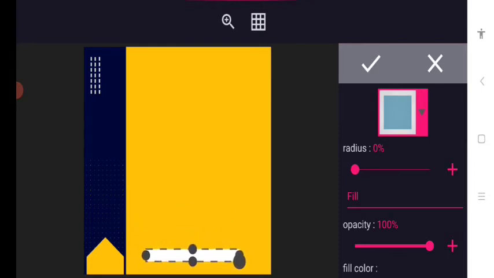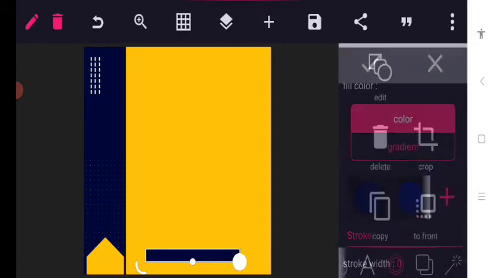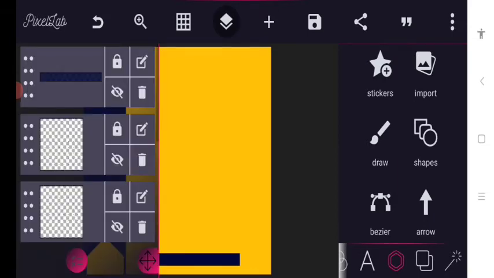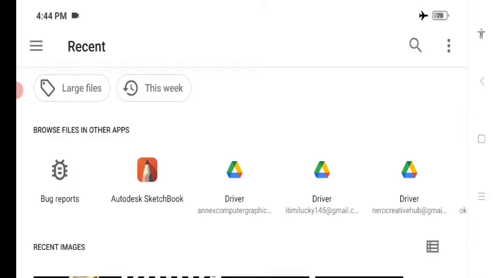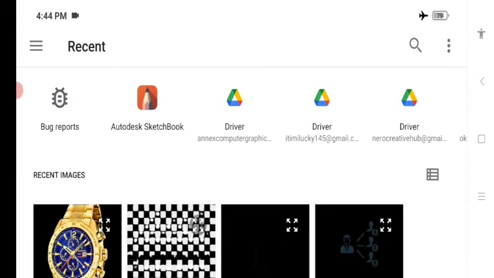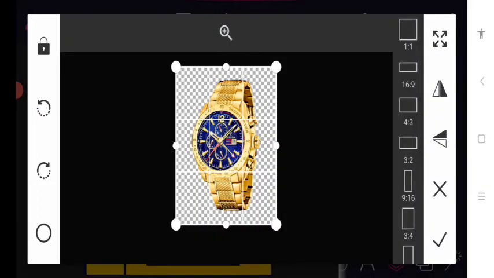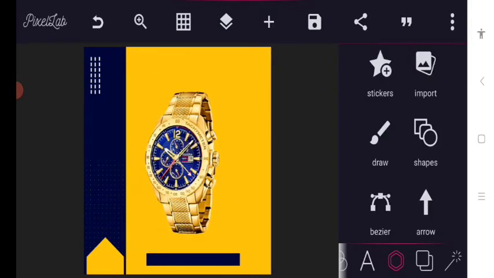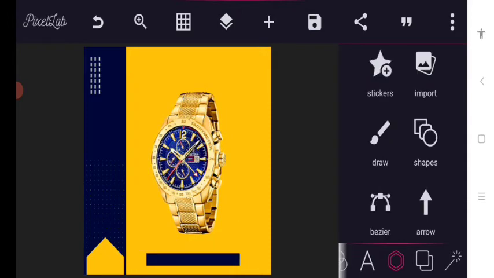I'll bring it down here, fill in this dark color on it, bring it here. Then what you do next is you bring in your item, which is the item you are selling. You bring it. All will be made available on the description, so just ensure you go through the description so that you can download yours. Okay, so this is it. So here we make our